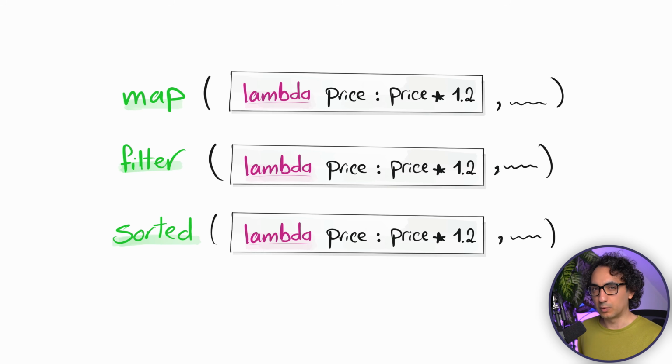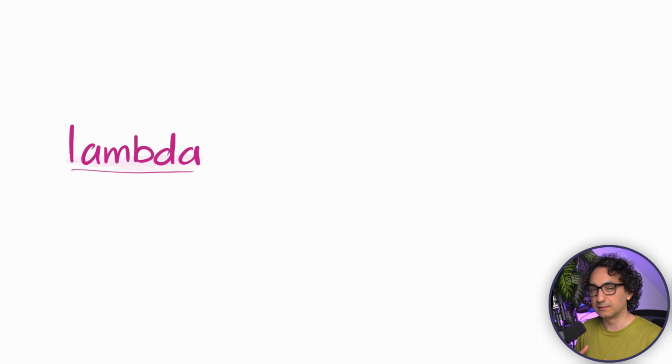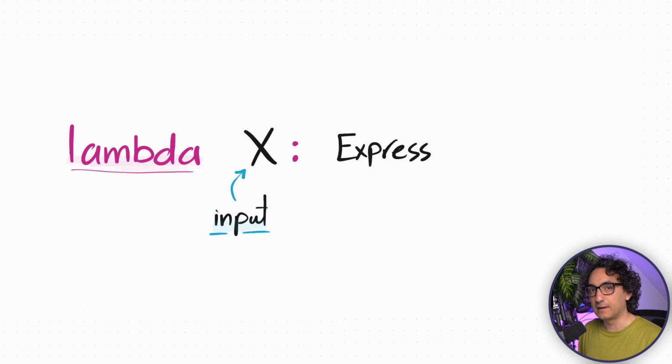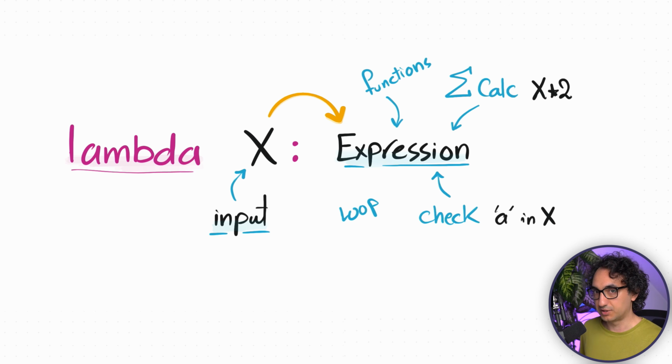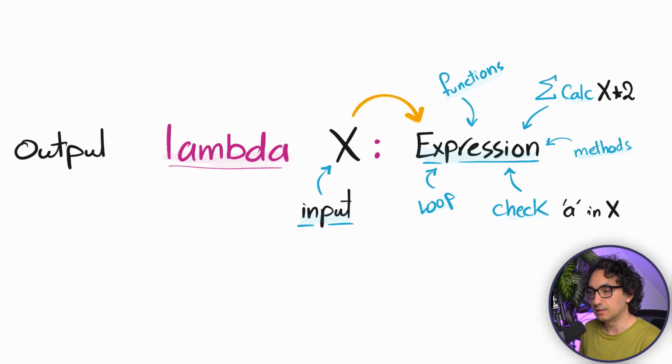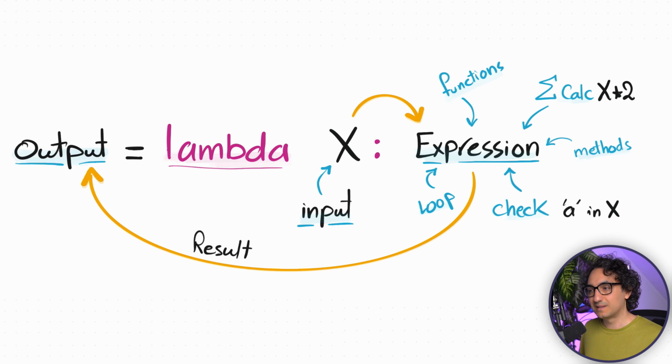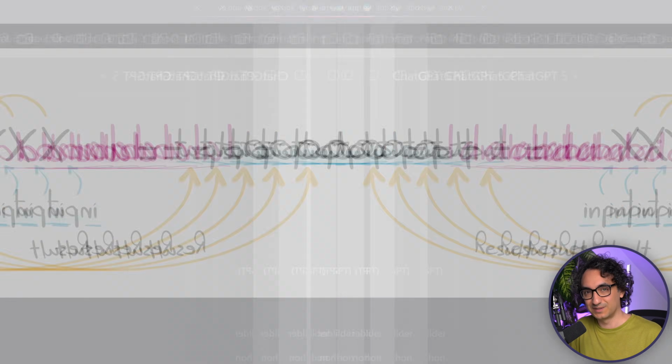So how does Lambda actually work? Once you say Lambda, you are defining a function. It has an input, for example x, and then you define in the function an expression, and it could be anything, like some calculations where you say x multiplied with 2, or you are checking a specific thing, like for example, does the letter A exist in this input, in this x, and any other expressions. And of course, at the end, you will get the result of this expression. So actually, that's it. You need only two things: the input variable or variables and the expression. Okay, so let's try this out.